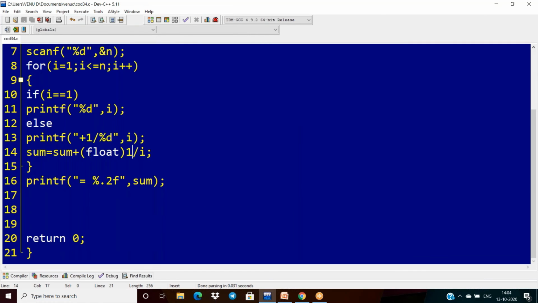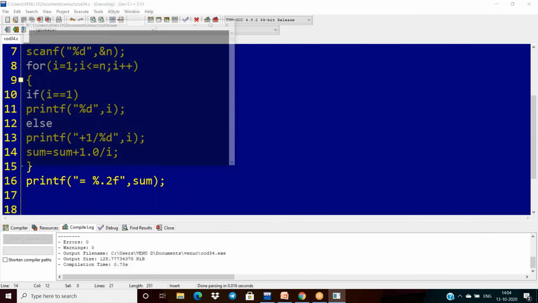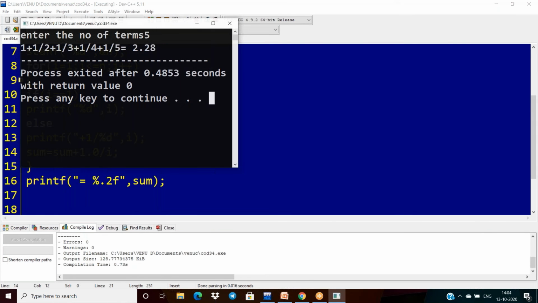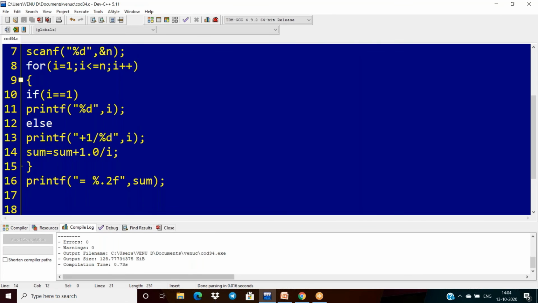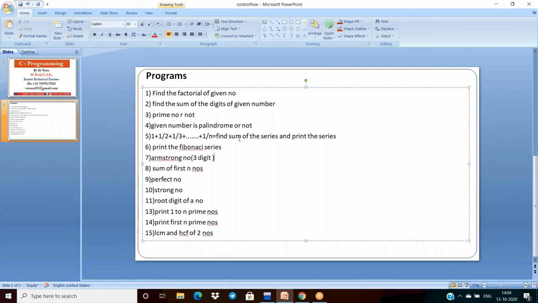So I am doing explicit typecasting here. I have to convert this 1 into the float type 1.0. Otherwise, if you don't want to write like this, just write 1.0. Then you will get 2.28. So now the 5 is the number of terms in the series, and I print its sum here. Okay, it is also finished.